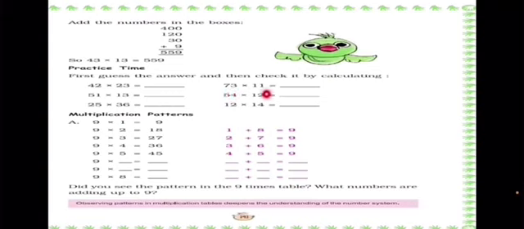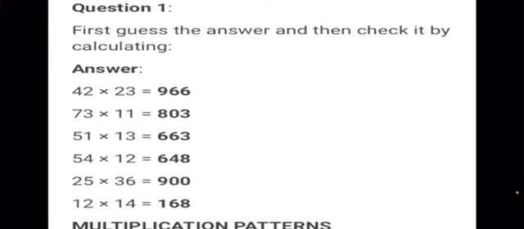3 multiplied by 10 is 30 and then we are taking 10 multiplied by 3 is 30 and then we are taking this one. So 70 multiplied by 1 is 70 and 3 ones are 3. So now the 4 numbers which we have got is 700 plus 30 plus 70 plus 3. So the answer is 803. So now let's check our answer. Yes, 803 is the answer.